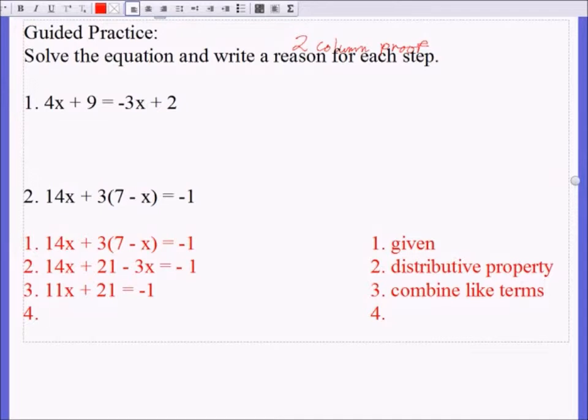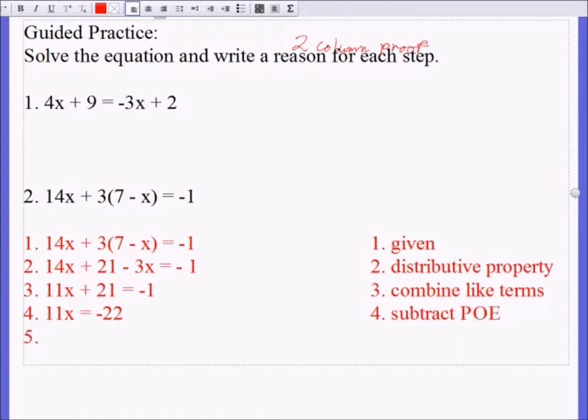Yeah, we're gonna need a fifth step. So number 4, we still have to add like terms. So I have 21 and -1. This is already positive, so it needs to be negative. So I have 11x equals -22, and that is because of the subtraction property of equality. And then number 5, x is going to be equal to -2, and that is going to